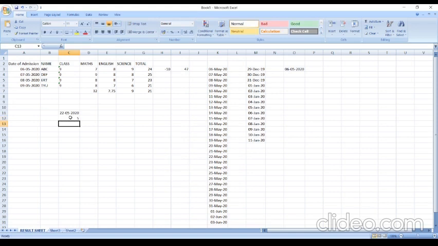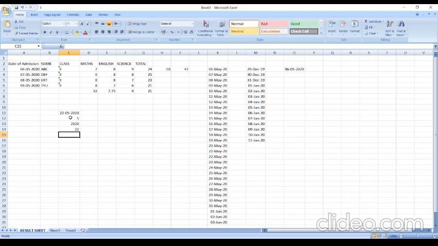Next, I want to see the year, equal to year today, 2020. Which day is today? The 22nd. So this way you can find the day also.